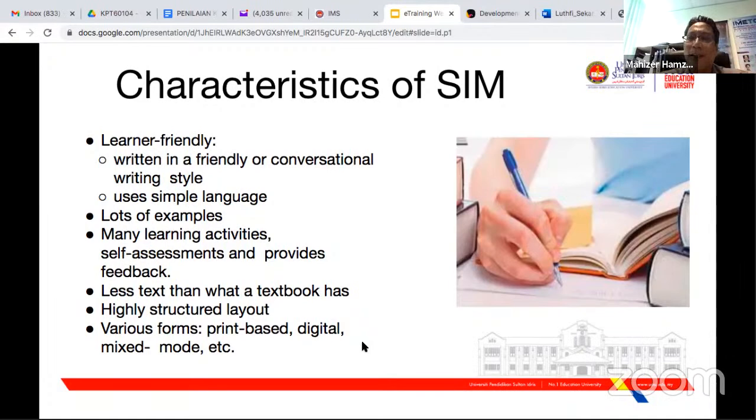They are using a conversational writing style. For example, we will start thinking of how to develop. We start thinking. Okay, we try to explore, and how to develop. Everybody knows an aeroplane, but do you know how to develop it? Okay, that's the type of conversational style of writing.